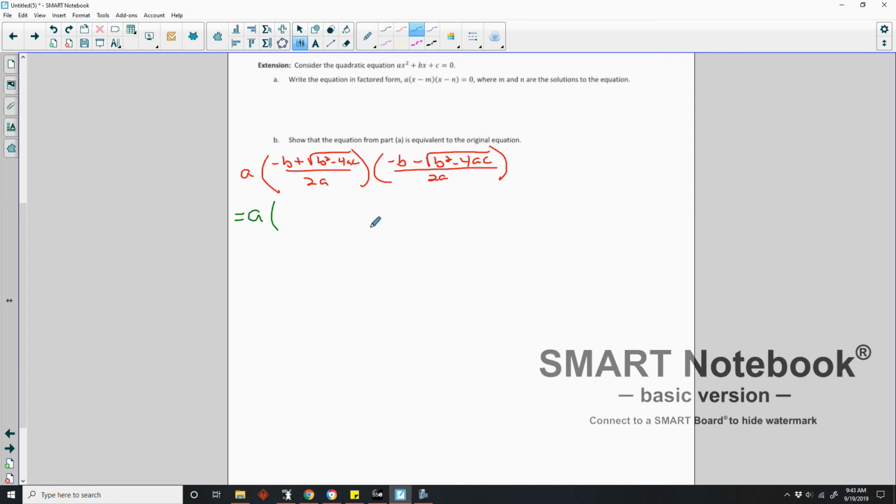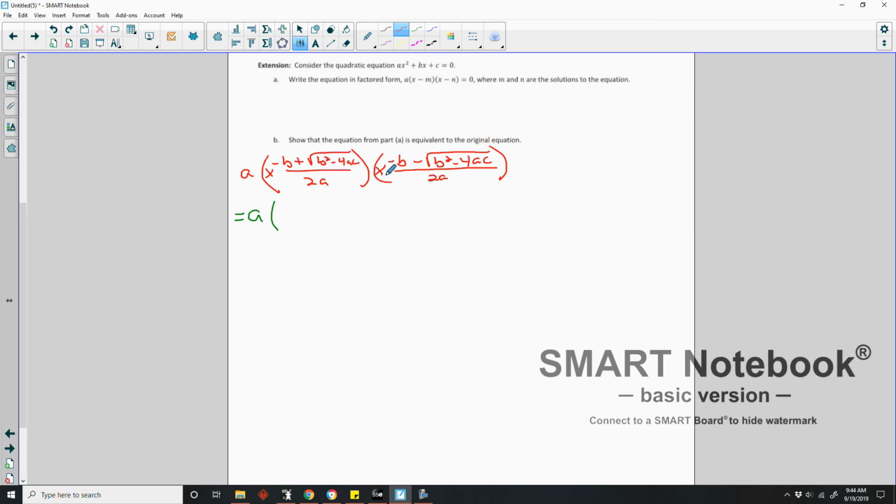So it's going to be... oh, I forgot something the last time. That's not the answer. It's x minus and x minus. Okay, my fault there. So it's a times x minus. I forgot the x in front. Okay, so it's going to be x minus b plus the square root of b squared minus 4ac over 2a,